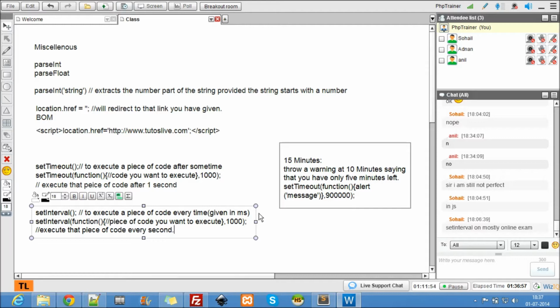Yes, setInterval is to run for an indefinite time, like a timer, like a counter. So let's see a counter example today. What do you say? Let's see a counter example.